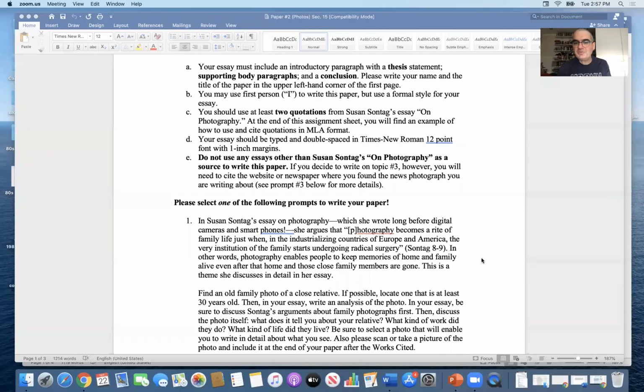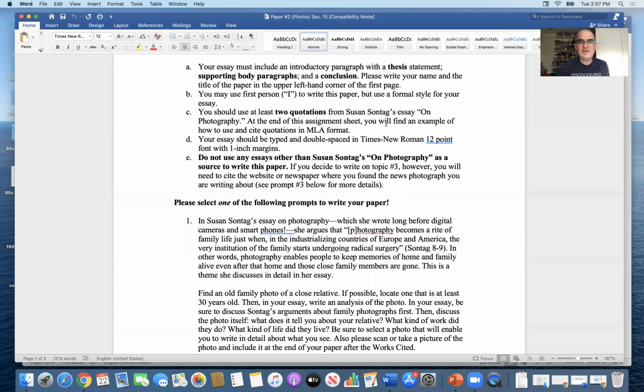So let me share with you, first of all, just some details on the directions themselves for this essay, especially as you're working on it and as you're trying to finish it up. So let me do my screen share here, and I want to show you some of the key elements on the directions themselves. So if you have your directions in front of you, or if you'd like to take a look at them, again, please make sure, as I said in a previous video, that you spend some time looking